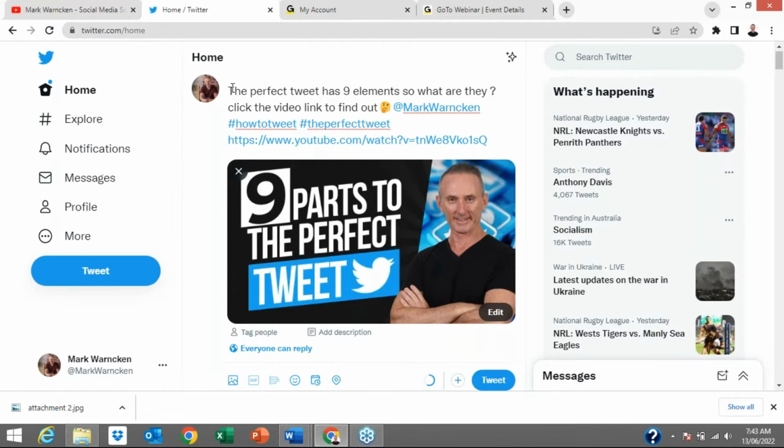Number 1 is all about trying to front load your tweet with the correct keywords. Now, this particular tweet is all about the perfect tweet, and I have those couple of keywords front loaded at the start of this tweet. So number 2 is all about adding an image, and you can see that that'll help very much stop the